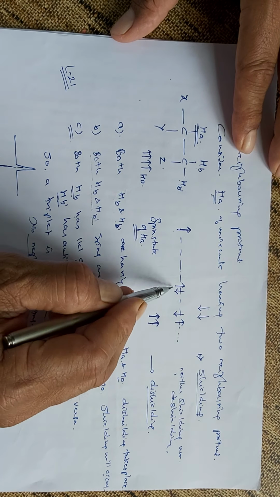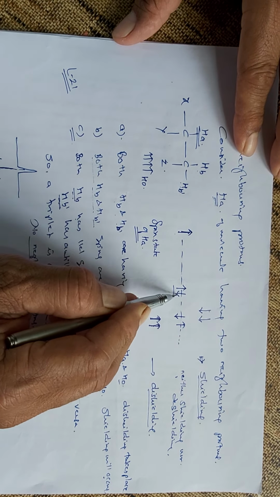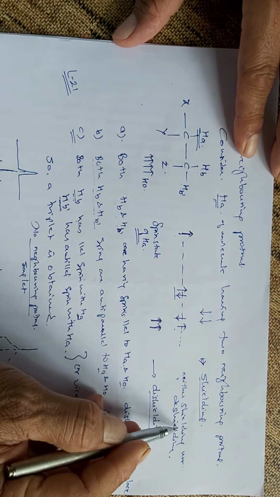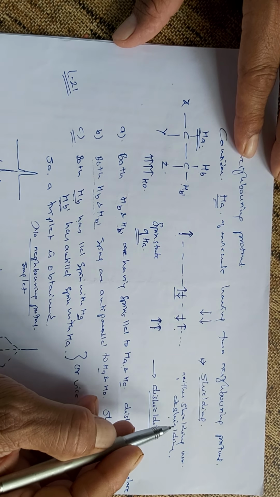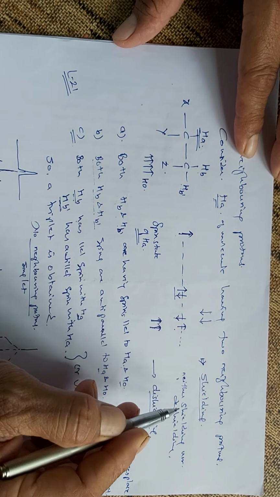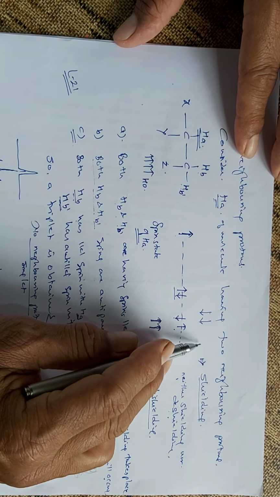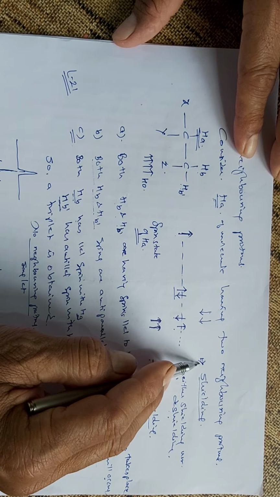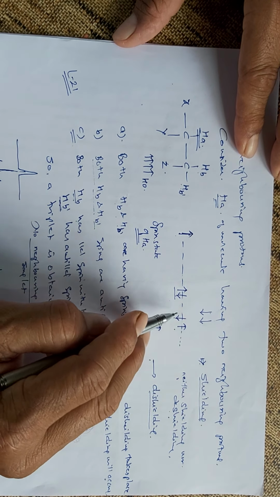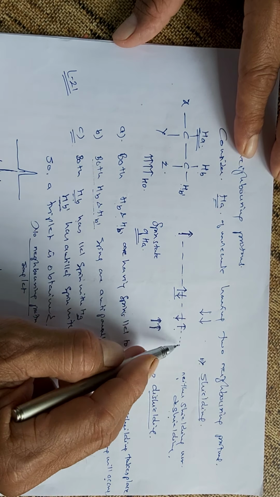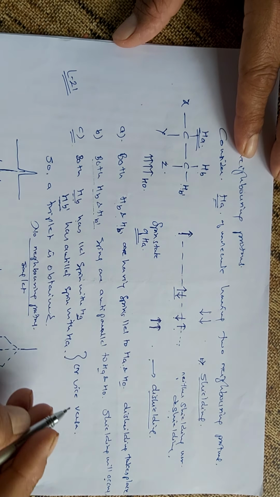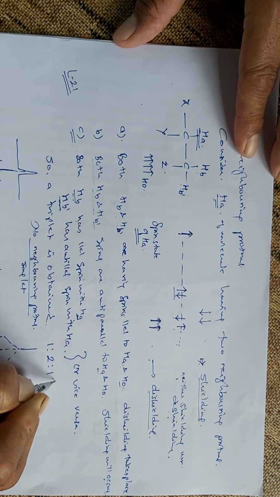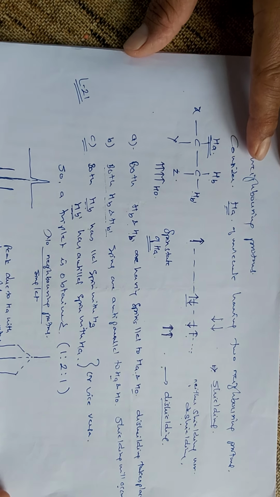So these are the two situations. Here it is parallel and antiparallel. Here it is antiparallel and parallel. Means there is neither shielding nor de-shielding, and so they will have no effect. And so here we are getting three different patterns: the de-shielding effect, the shielding effect, and no effect. So you are going to get 1 is to 2 is to 1, that is a triplet.